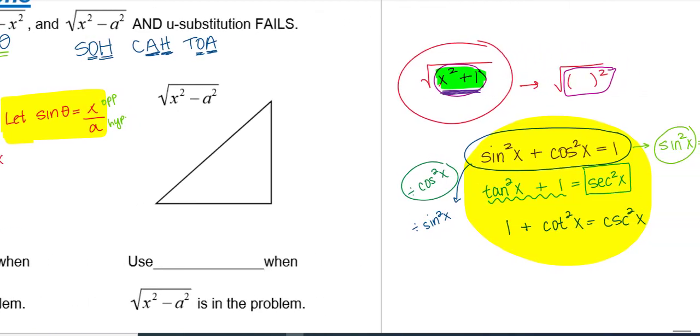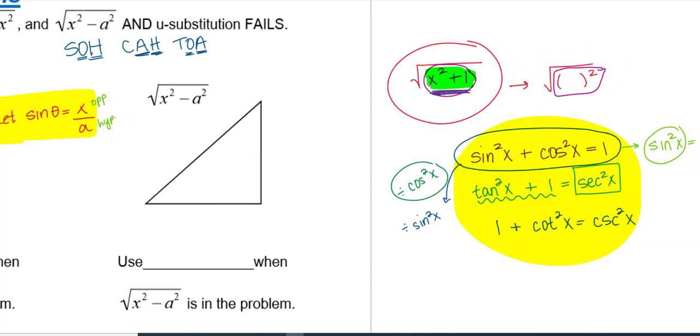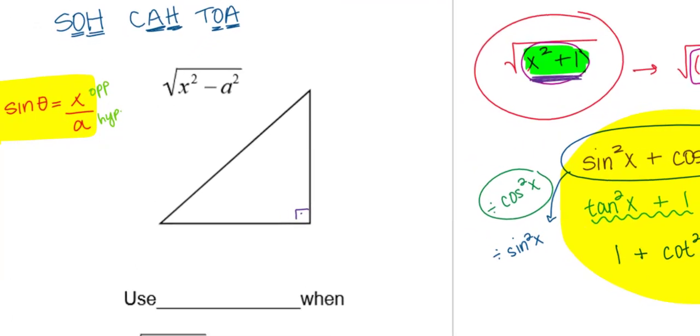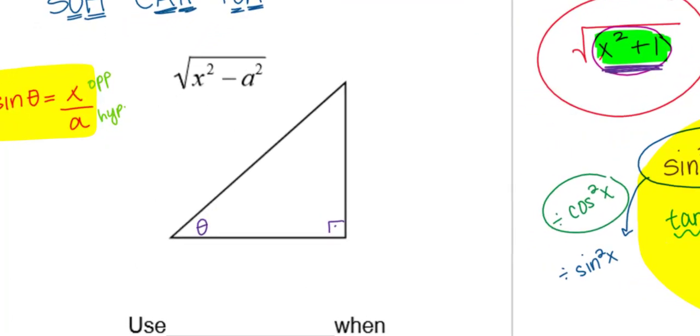Okay, so I'm going to do one more. I know we haven't used it yet, but we are going to use secant in this one, so let me show you why. So if we just start with let secant of theta be, we're going to say what variable are you squaring? I'm saying x over what constant are you squaring? We'll say a. Let's label our triangle accordingly. So secant of theta is reciprocal of cosine, so this would be hypotenuse over adjacent. So I'll label that accordingly.